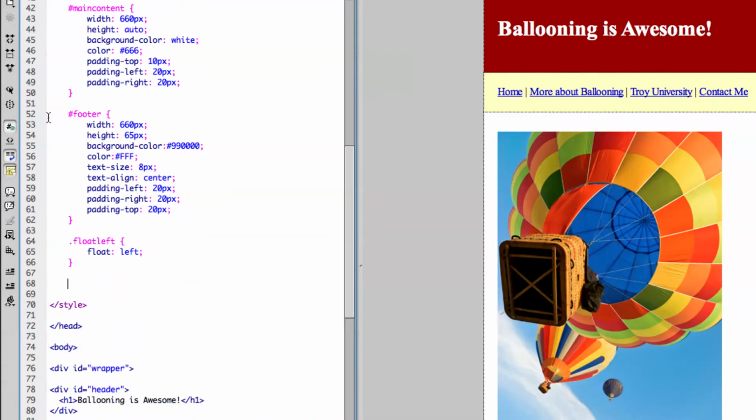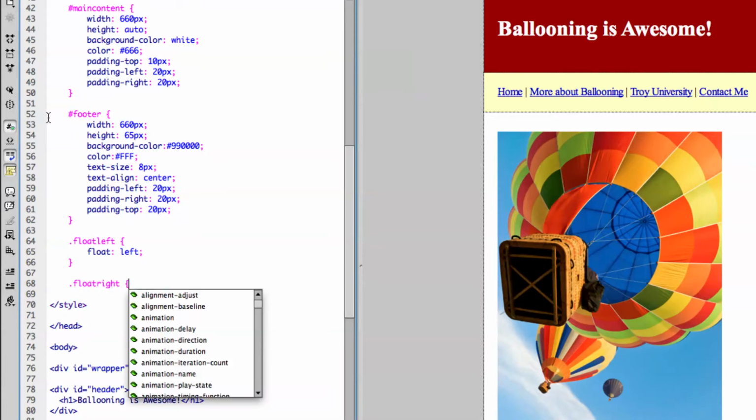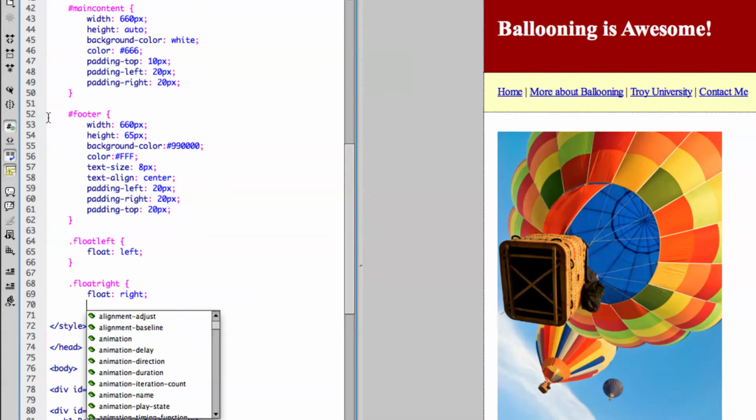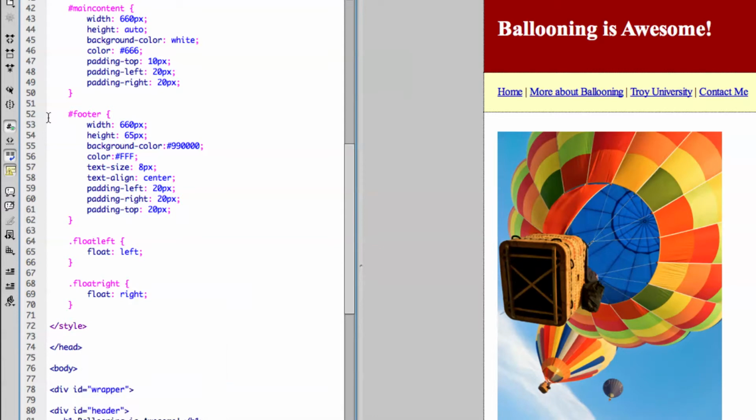And then I'm going to do a .float-right, period, float-right, open, and then actually that was just the name of the declaration, but now I'm going to say float property, float to the right, and close. One other thing,